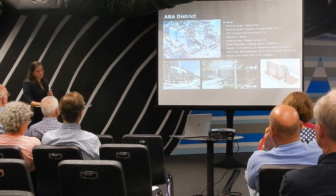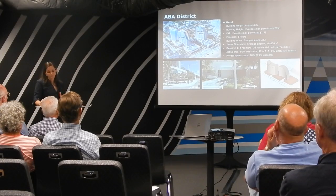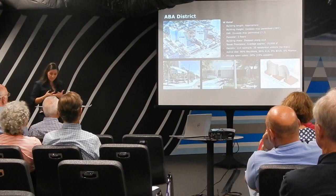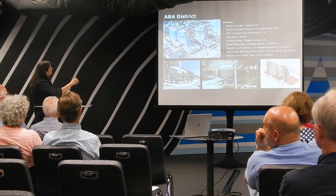This building exceeds both the maximum permitted FAR and height, even with the bonus provision. And as we know, that's something that was approved at commission, so it's legal. But even though the buildings are taller and have additional floor area than that permitted by the district, the building's main components, meaning the pedestals, and again, these are the pedestals, and the towers,